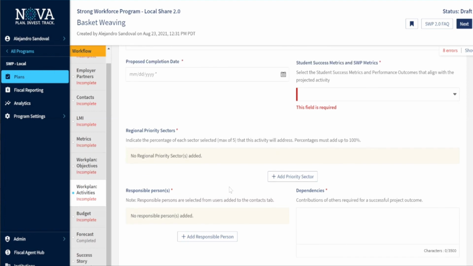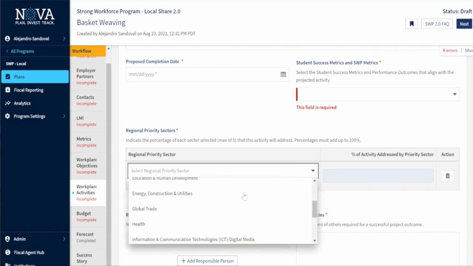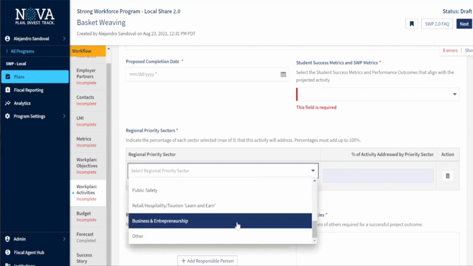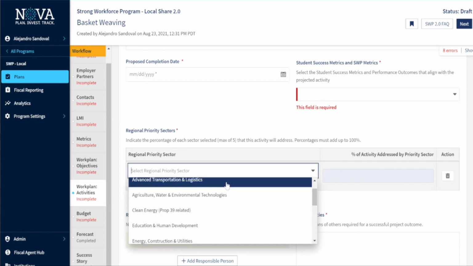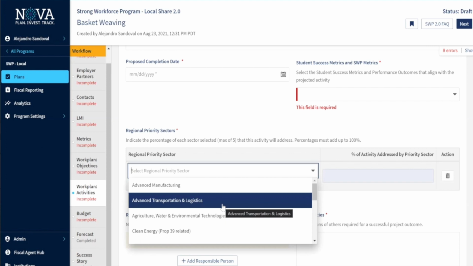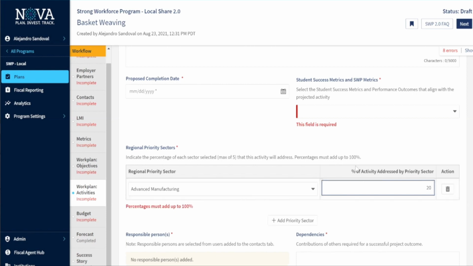The only difference that you'll see here is that instead of having the drop-down sectors and the ability of across all sectors, you now have to break out, if you're doing multiple sectors, by percent of the activity of that sector. So for example, 20% of this activity is towards influencing advanced manufacturing.